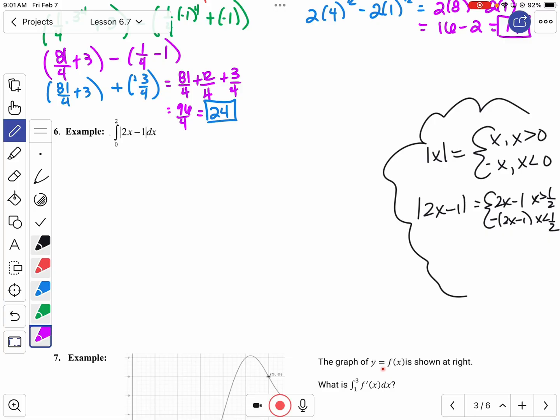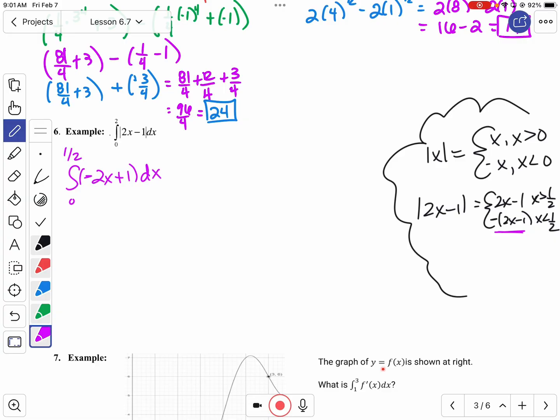So when we go over here and we look at this integral, it wants me to do the integral from 0 to 2. Okay, 1/2 falls in the middle of that. So we're going to use both pieces of this absolute value. The first piece is going to be from 0 to 1/2. So is that the positive piece or the negative piece? The negative piece. So that would be the opposite of 2x minus 1. Well, I'm just going to rewrite it as negative 2x plus 1